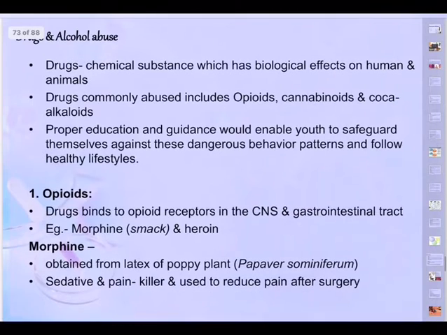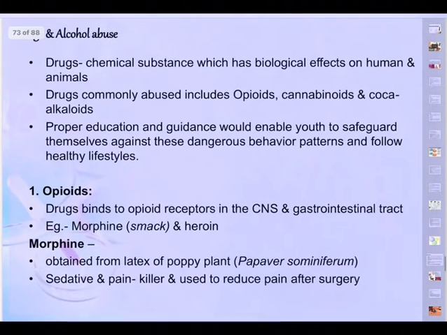Opiates are the drugs derived from dried latex. It is from the latex, that milk-like secretion of the unripe capsular fruits of the poppy plant. It's extracted from the poppy plant. And the biological name of that is Papaver somniferum. Look at the spelling, note down the spelling right once, then you will remember this. Many times it will be asked in the examination.